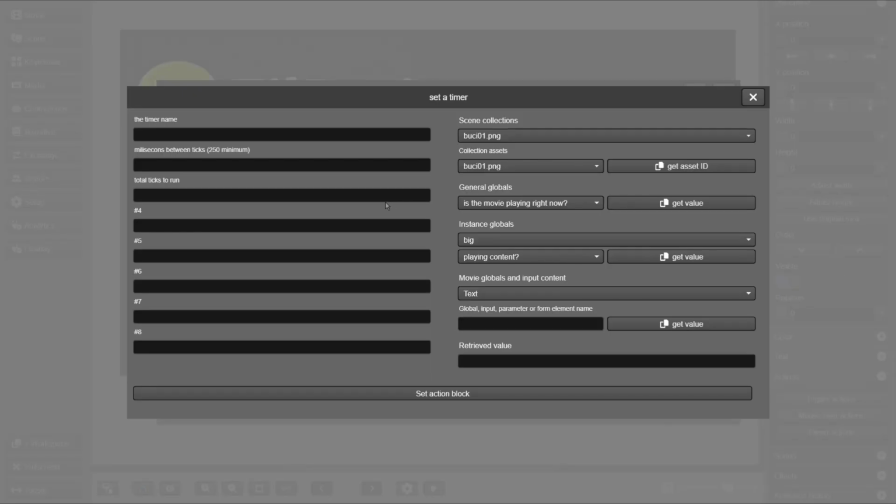This block requires 3 parameters. First, we need to name the timer. Let's call it Back to Home. Next, we need to understand the ticks of a timer. Timed actions happen at defined intervals, which in Tealbussy we call ticks, whose interval time must be given in milliseconds as the second parameter. The number of ticks to be executed is the third parameter of this block. Our case is quite simple. We only want one tick that happens 3 seconds, 3000 milliseconds, after the start of the action, so let's fill in these values and create the block.